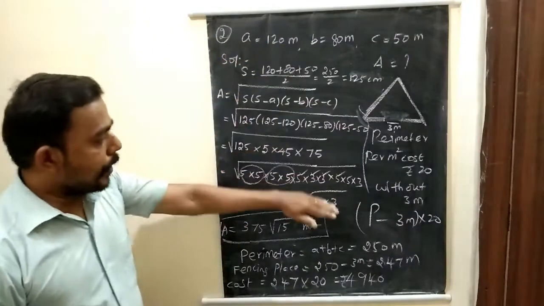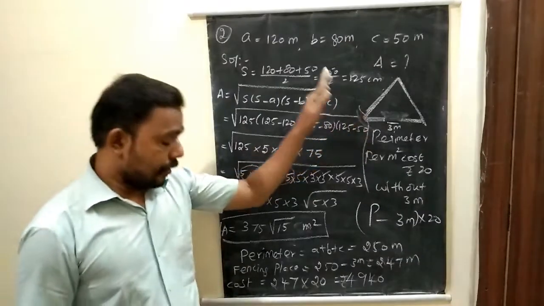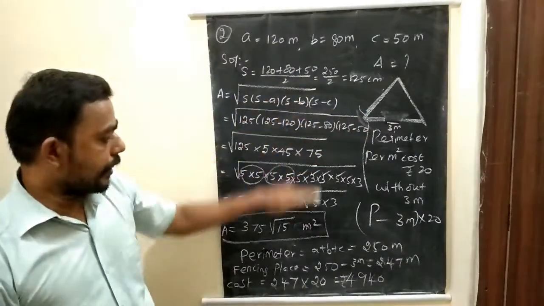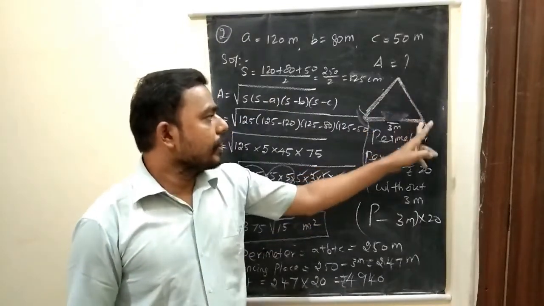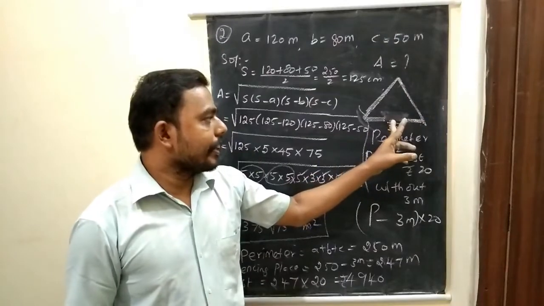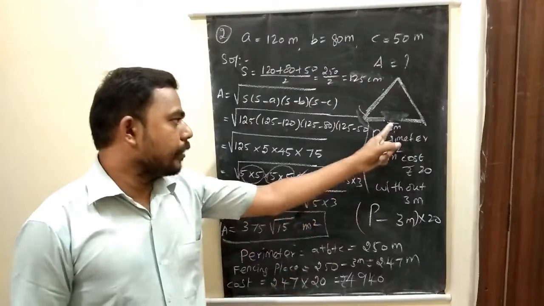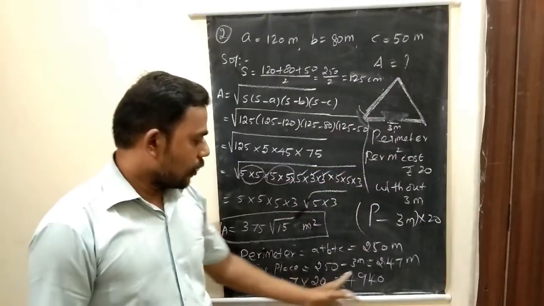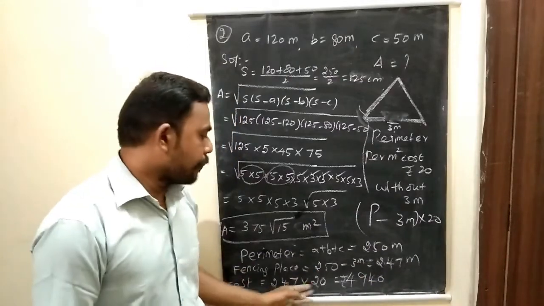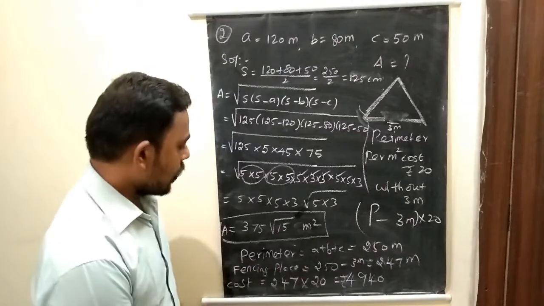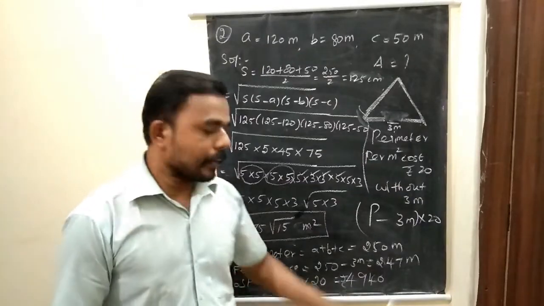So the idea is first find the perimeter. Next find the area. In that perimeter we need to fence the surrounding area. But here we need to give the gate length of 3 meter. So leave the 3 meter from your perimeter. So 250 minus 3 is 247. Now the cost of fencing is rupees 20 per meter, so that your fencing per meter is given as 20. So we can multiply this.